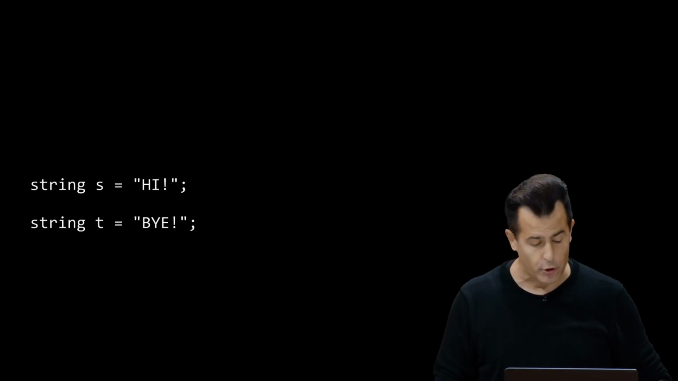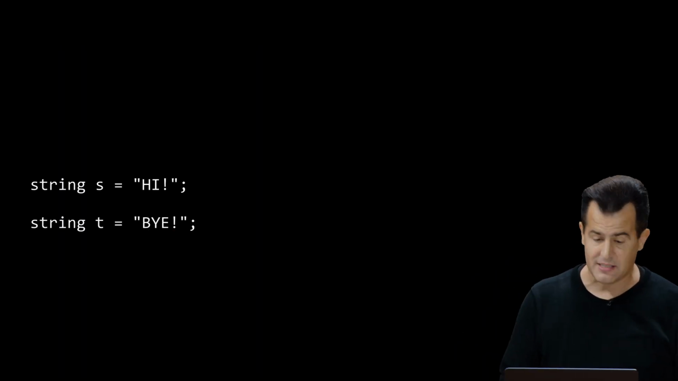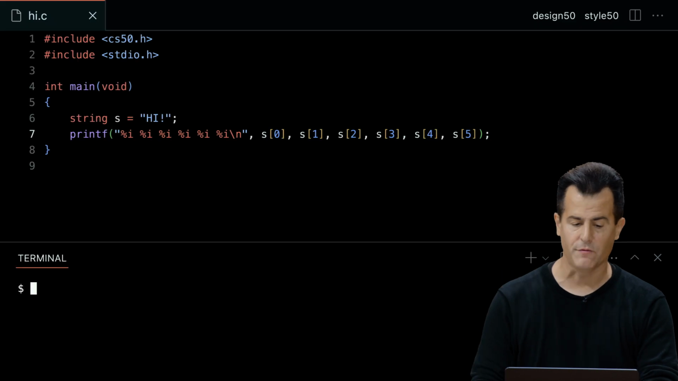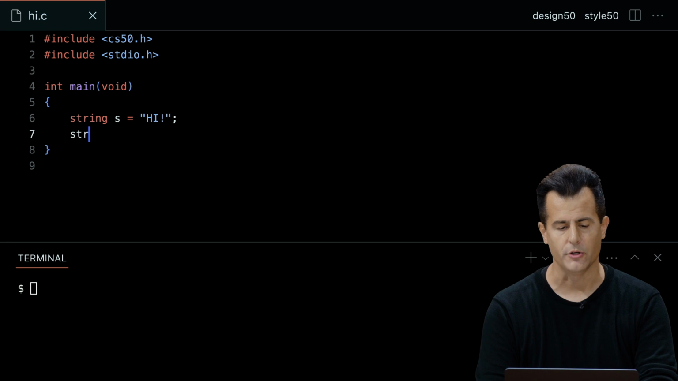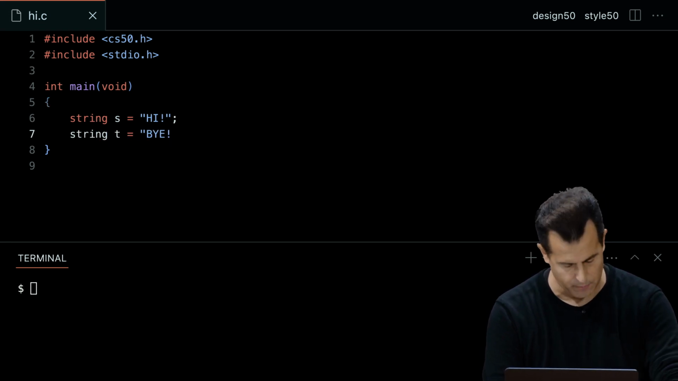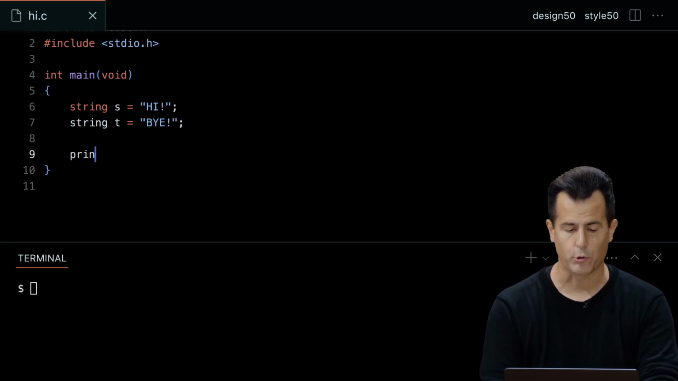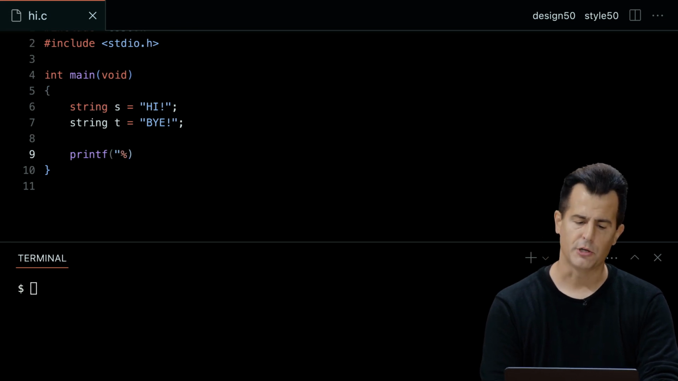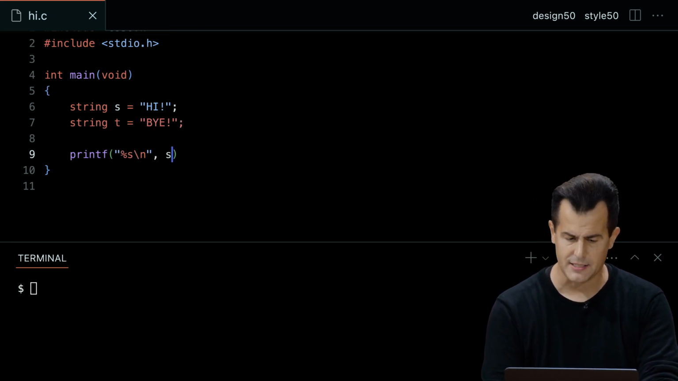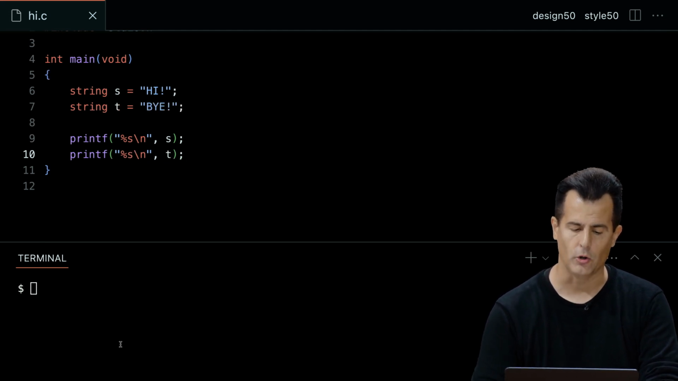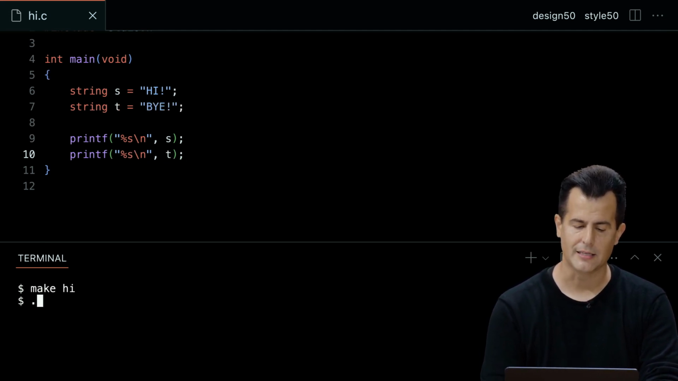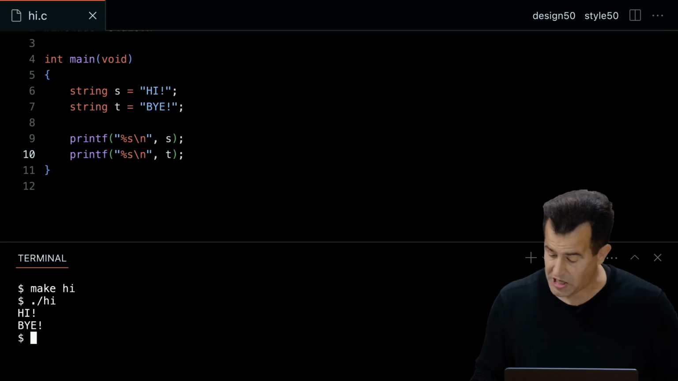All right, well, what if we have multiple strings? For instance, like one string S called high with a value of hi and one string T with a value of bye. Let's actually play a little with that and see where things end up in memory. So let me go back to VS Code. Let me get rid of this long printf, and let me give myself another one, string t equals bye exclamation point, and I'll print out both of these. Printf, quote unquote, %s\n, comma s, and then printf, %s\n, comma t, semicolon, and now make hi, ./hi, and we'll see, as you would expect, just hi and bye